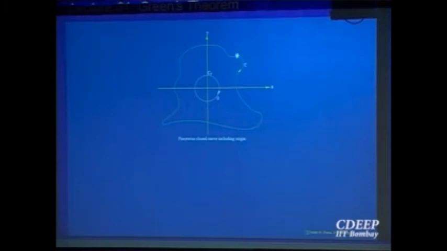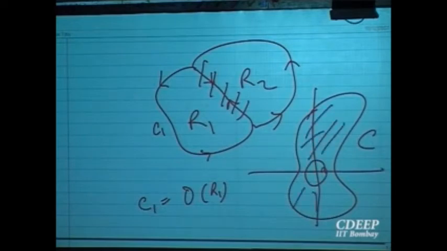So this is the curve C and this is the origin. I am going to look at only this portion. That is the region R I am going to look at. On that region R, once again the vector field is perfectly defined. No problem comes. And Green's theorem is applicable because this is a domain with only one hole.